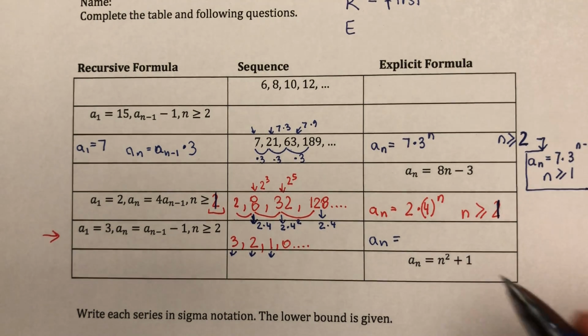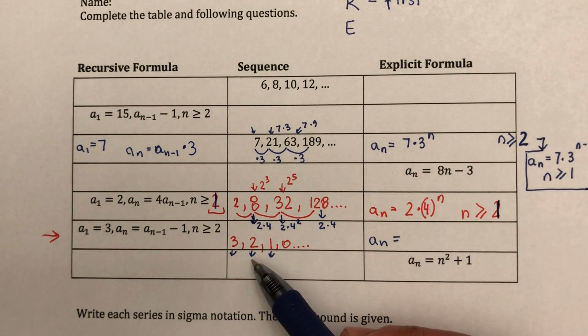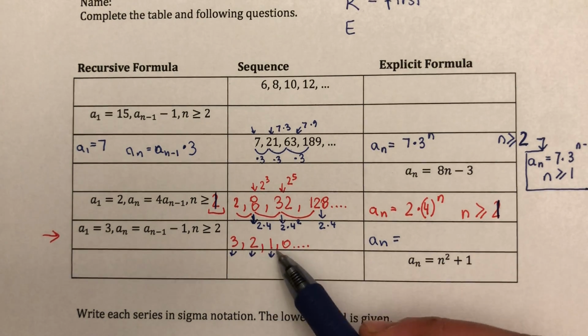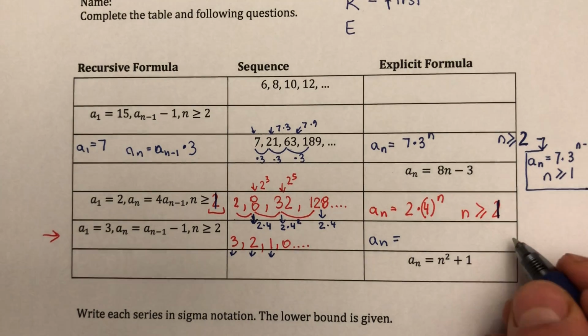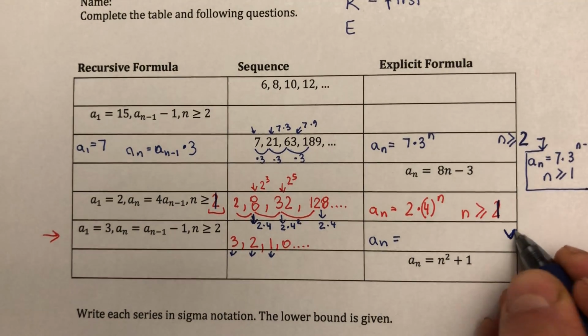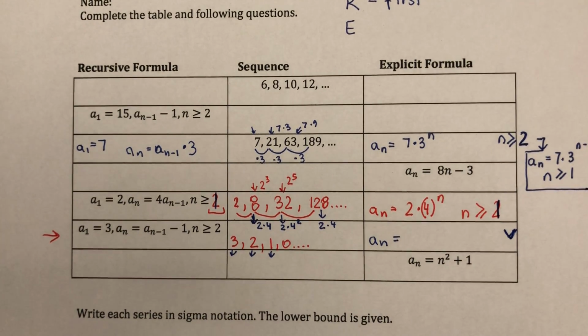So let's see. Maybe you guys can think of this one. What would I have to do to find the general formula for this one? I think you should be able to figure this one out. If not, I can give you a hint a little bit later. All right, so this one and